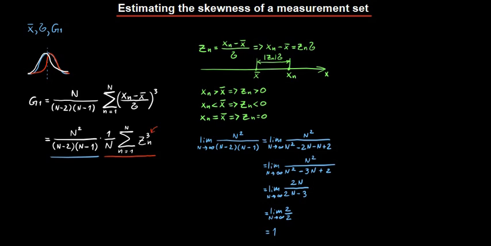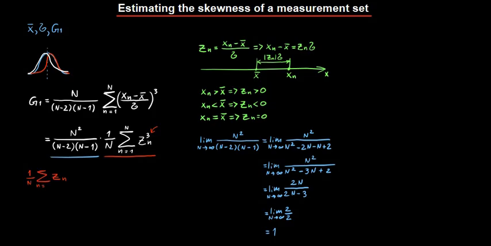Why the third power here instead of the first or the second? Well, if we use the first power, the result would always be 0, since the average of all z-scores of a measurement set is always 0. Let's quickly prove this. We can start by writing 1 over n times the sum of z sub n, where